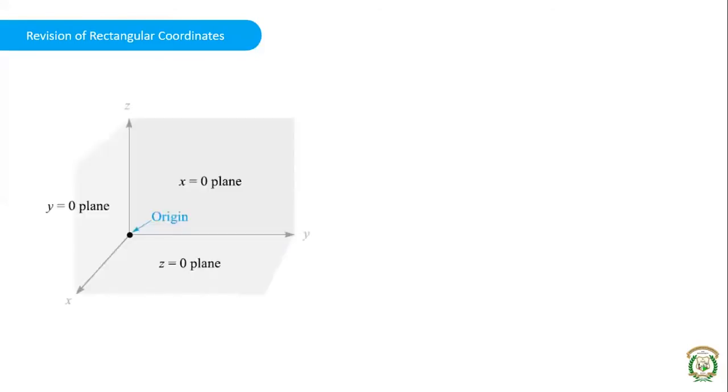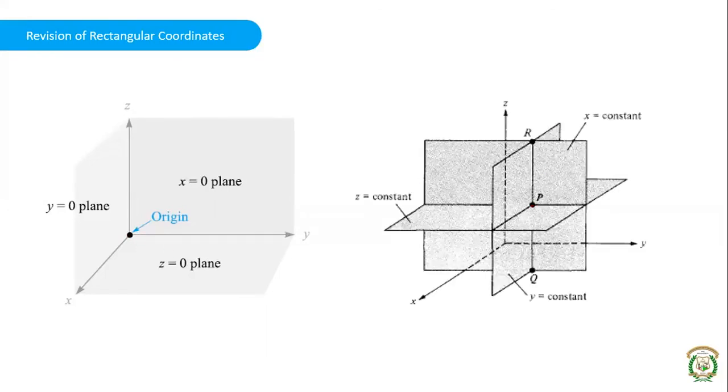In the rectangular coordinate system, we have seen there are three axes, x, y, and z axis, which are mutually perpendicular. So it's called an orthogonal system, where the three axes are mutually perpendicular to each other, and any point is seen as the intersection of three planes, three planar surfaces in this case. One is the x equal to constant plane, y equal to constant plane, and the other one is the z equal to constant plane. The origin is the point where x, y, and z are all zeros. This is the way you can see any point P as the intersection of three different planes.